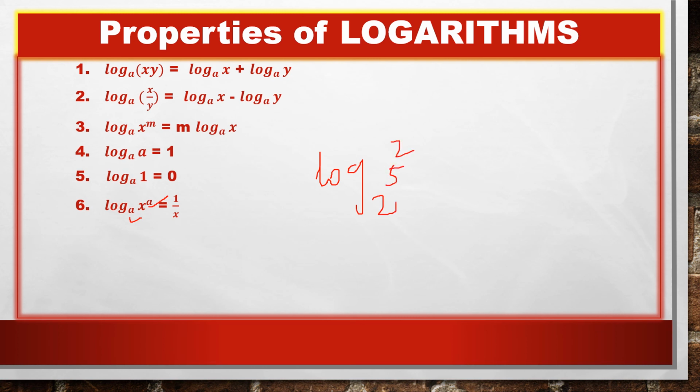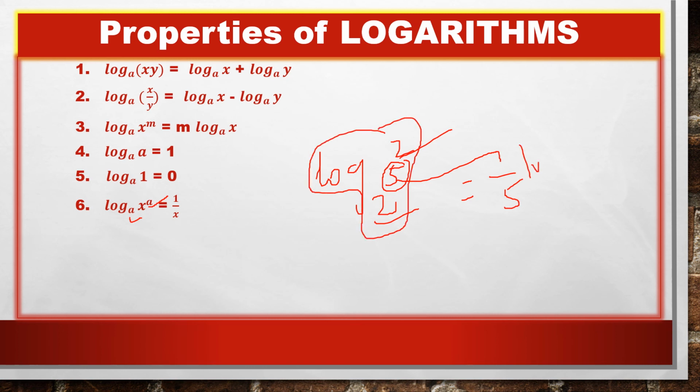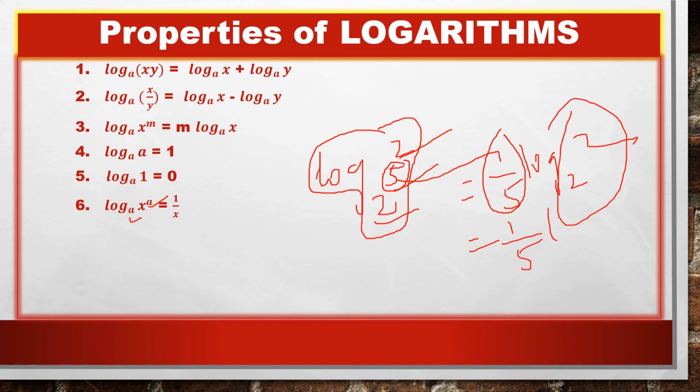Okay, so here 2, here 2, but in between there is a different one, so this in-between one will be reciprocal, so it will be 1 by 5. Okay, 1 by 5 log 2 base 2. This in-between one will become a reciprocal, and the entire thing you can write as it is. Anyhow, log 2 base 2 means if the power and the base are same, its value is 1, right? So it is 1 by 5.